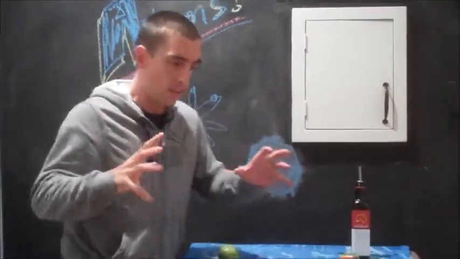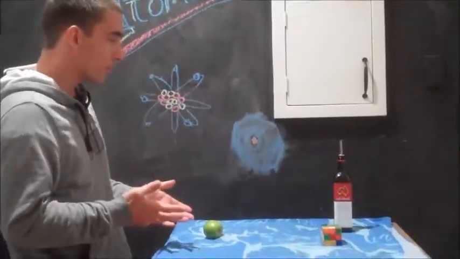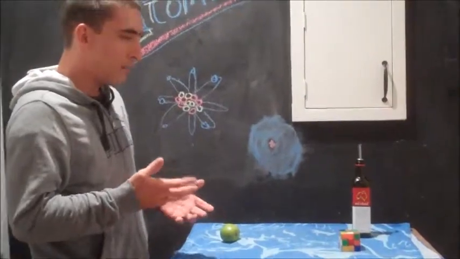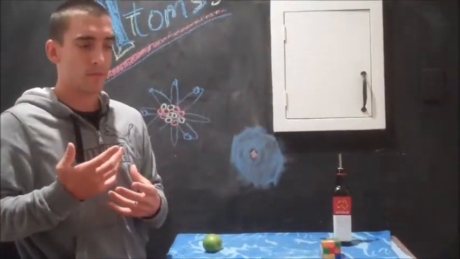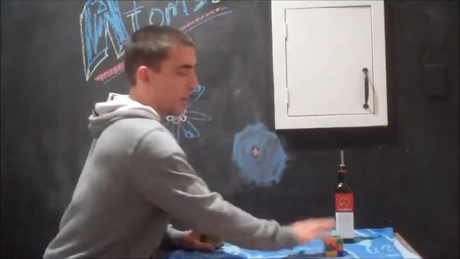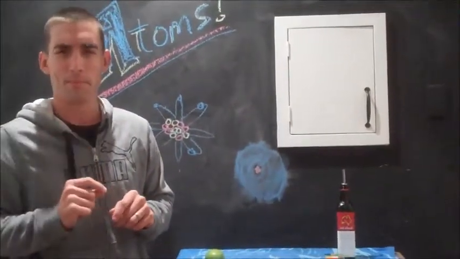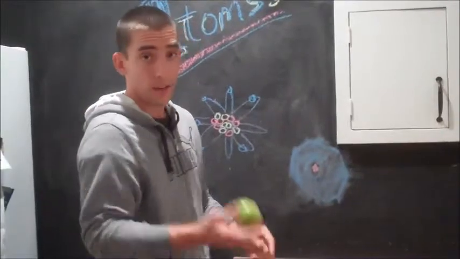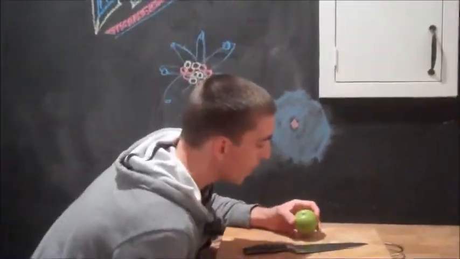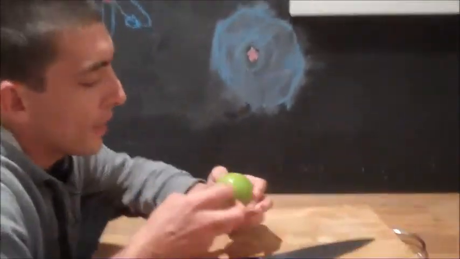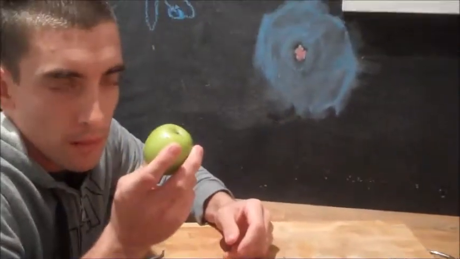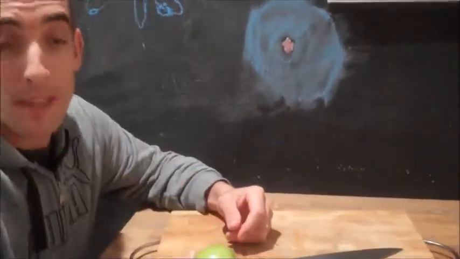Oh yeah, so, anyways, everything's made of atoms, but these things are all different. So, maybe we can get some idea of what makes them different if we can try to see an atom. So, let's see if we can find an atom. I know the atoms are small, so maybe if I get this as small as I can make it, we can find an atom. I mean, that makes sense, right?